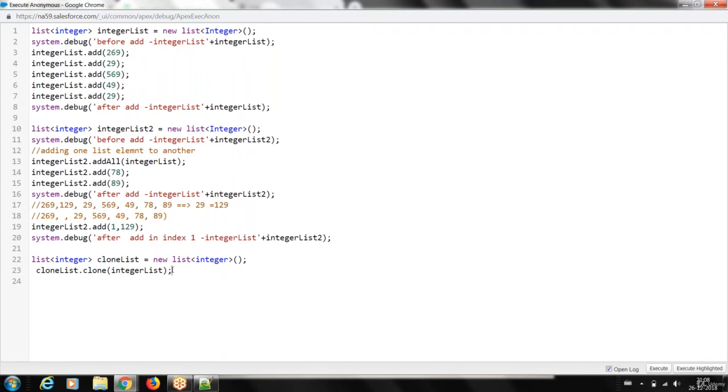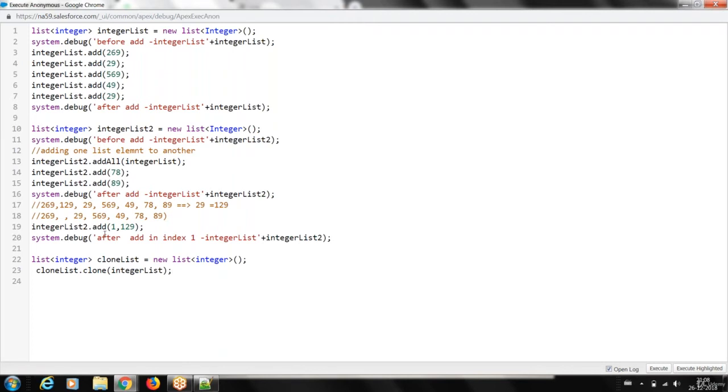It should be of the same type. If I want to clone a string type collection to integer type, it will not allow me. So all the elements should be the same type to be cloned. Clone makes a duplicate copy of the list, and it returns a list of the same elements.